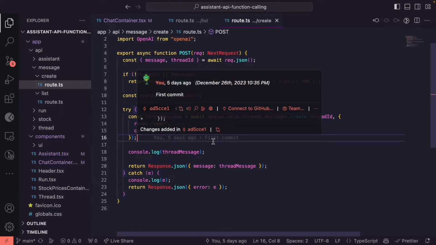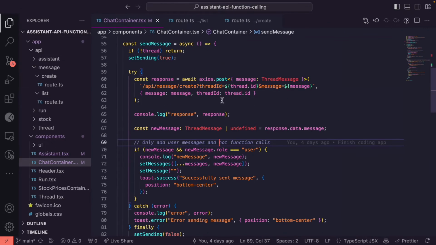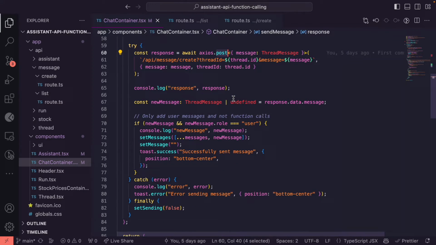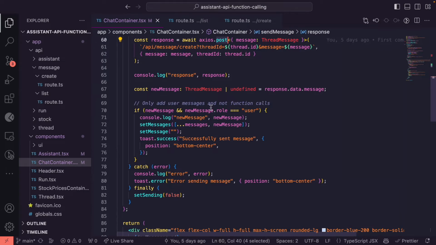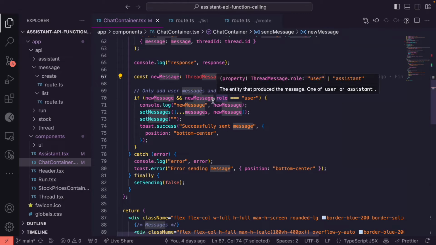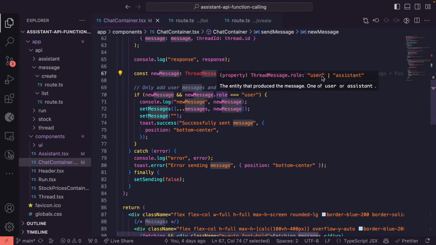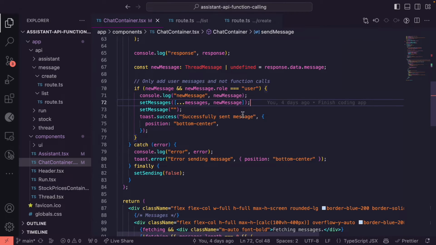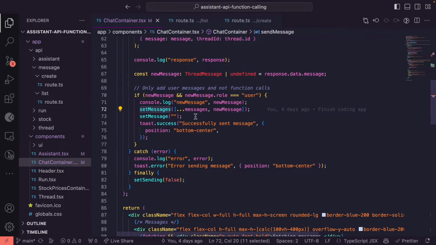So what we would expect to happen back on the front end code is, once we send off that message as a post request, what we can do is actually get back a new message. And this message is going to be of a certain type. If you work more with the OpenAI docs, you'll see that this is going to be of type thread message. And then we can see the different types of roles that we were just talking about, user, assistant. And the important thing that we want to do is append our new message to the end of our message